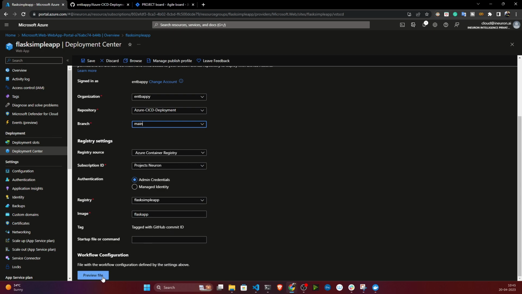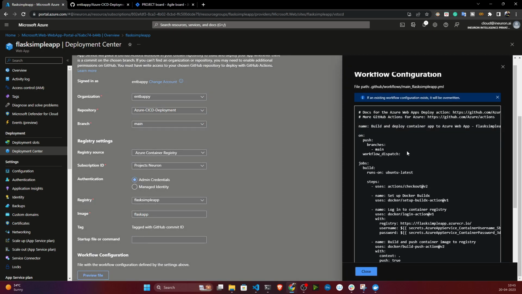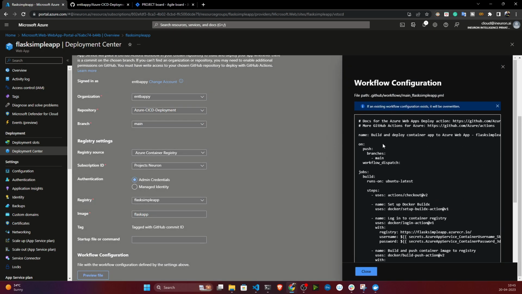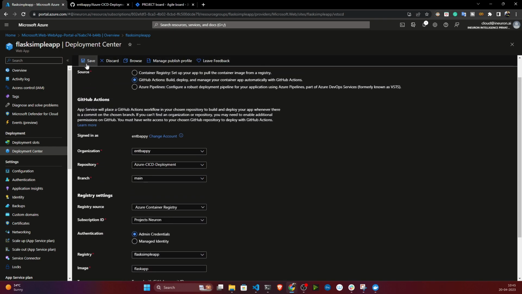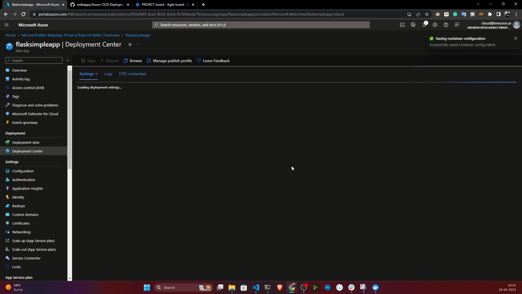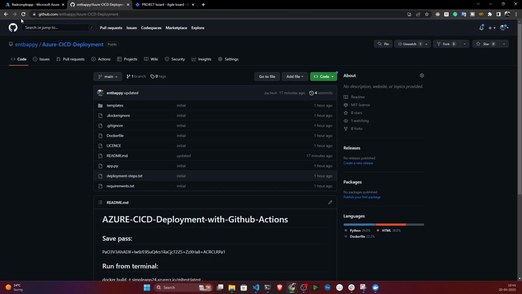Now if you click on preview, see, this is the YAML file. It will automatically create it in my repository. So I'll close it. Now if I click on save, it will automatically create that .github/workflows folder, and inside that it will create the YAML file. So I don't need to create it separately. That's why I'm using my web service. Now if I go to my repository and refresh,